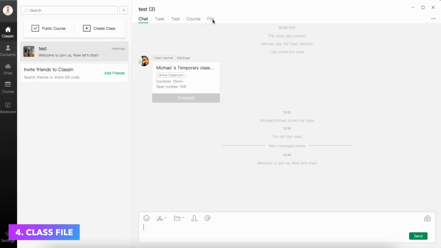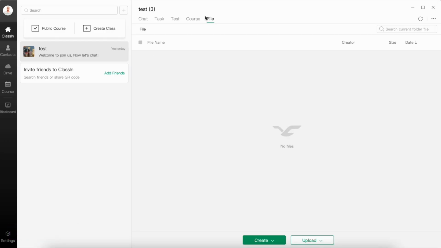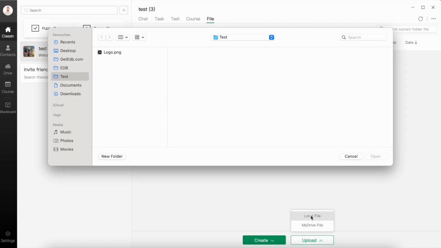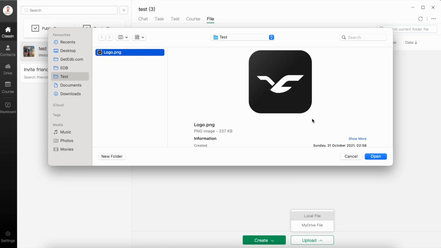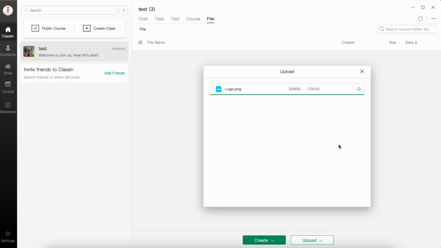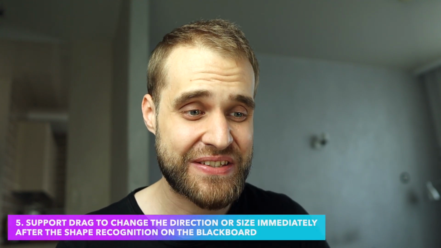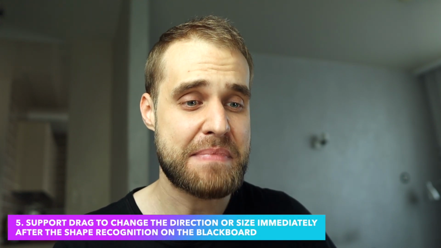So the point of this feature is that now class members can upload files directly in the class file. So it means that you as a teacher can create folders to manage class files, making document sharing more convenient in your class. Alright, so the next feature allows you to drag to change the direction or size immediately after